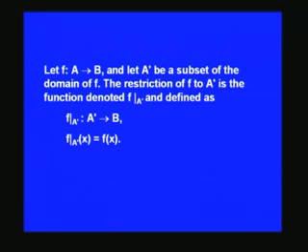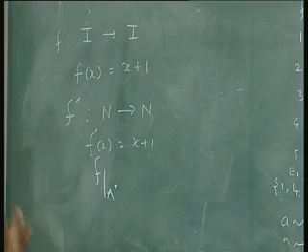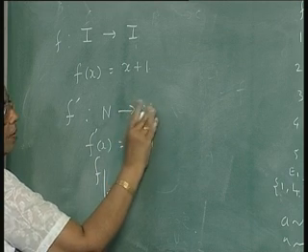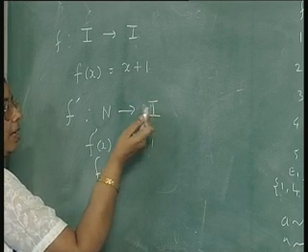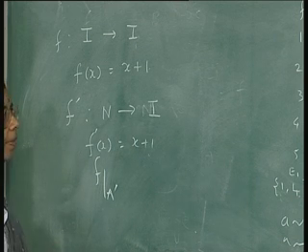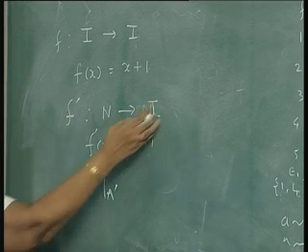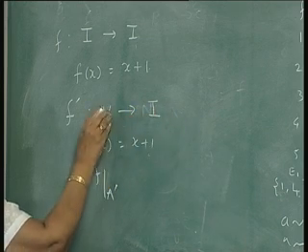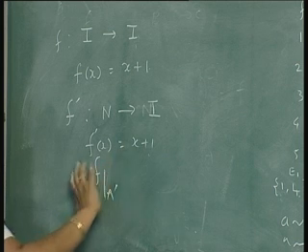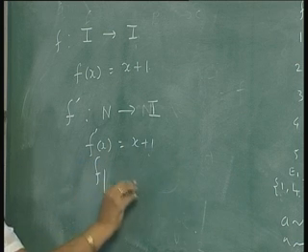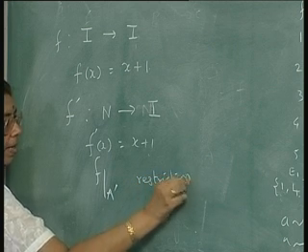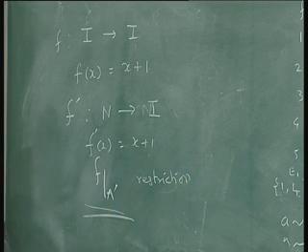As in the case, instead of defining from integers to integers, you can restrict the domain. You need not restrict the codomain. The codomain can be still integers, but it does not matter. It will be mapped down to only non-negative integers. So, you need not change the codomain, but the domain you are restricting. N is a subset of I. If you restrict and you define the same map, this is called a restriction. You are restricting the domain, that is all, and it is usually denoted in this manner.